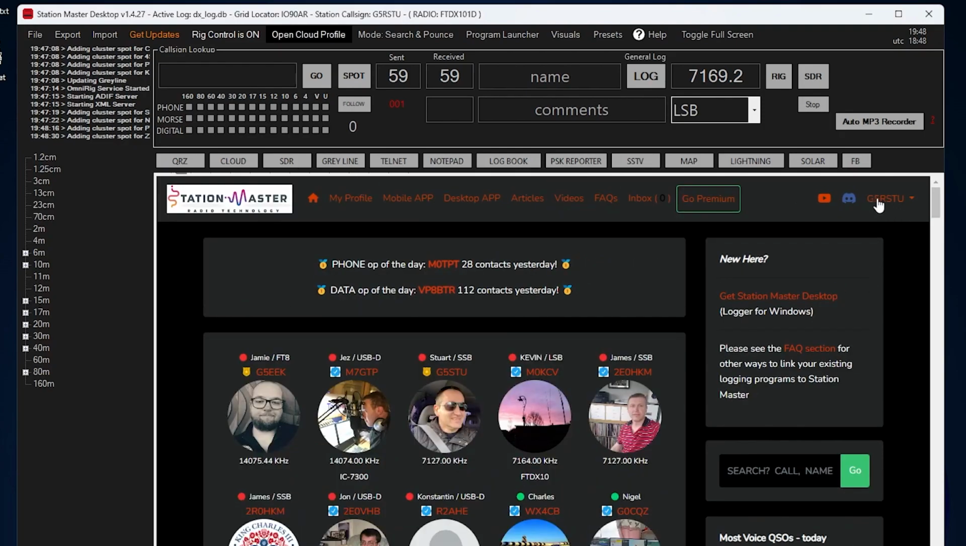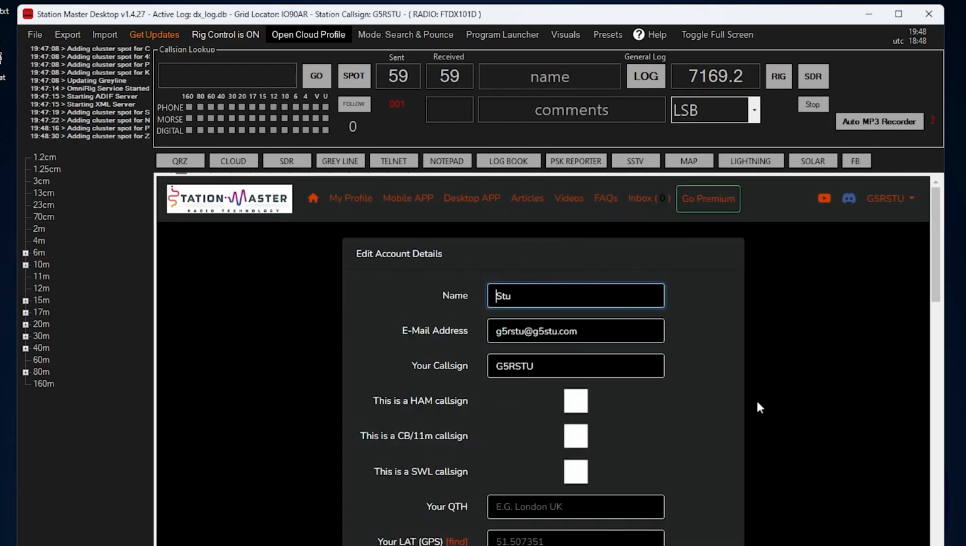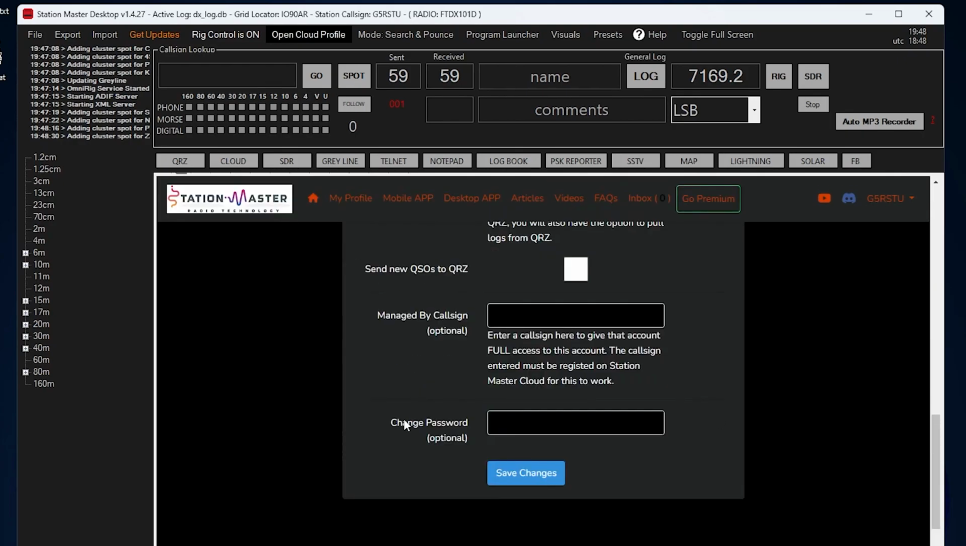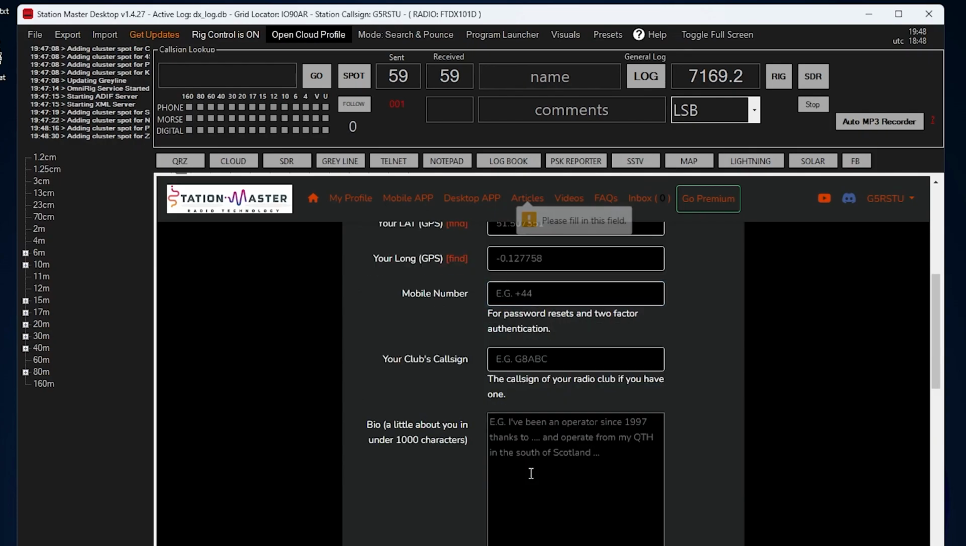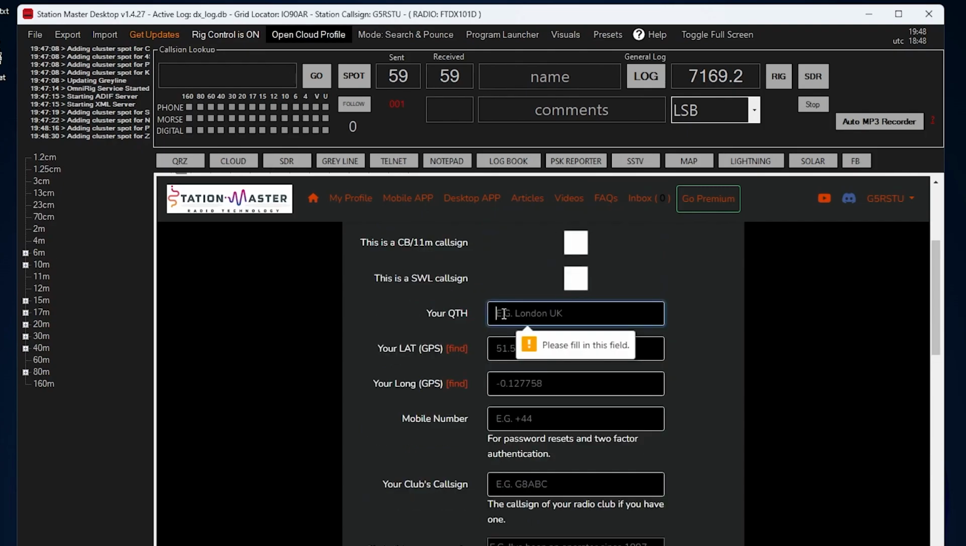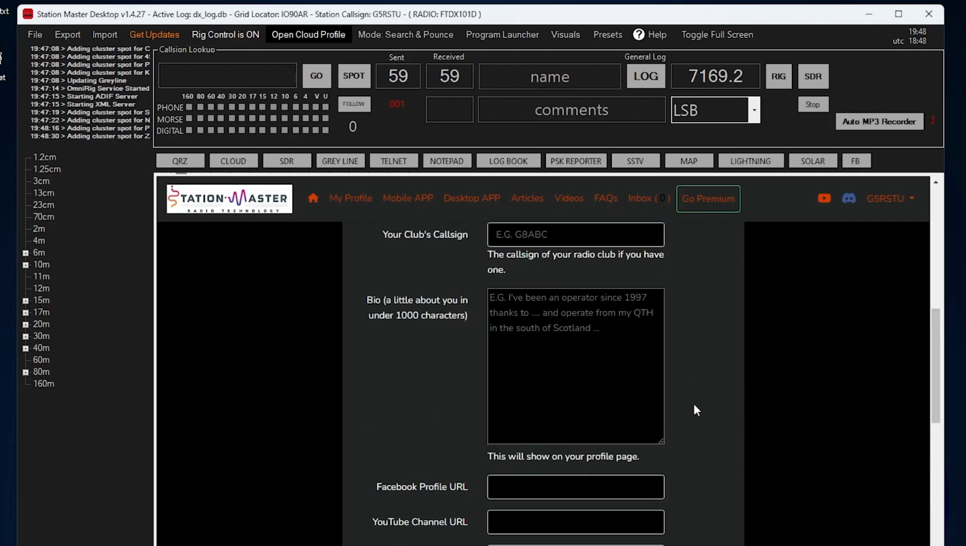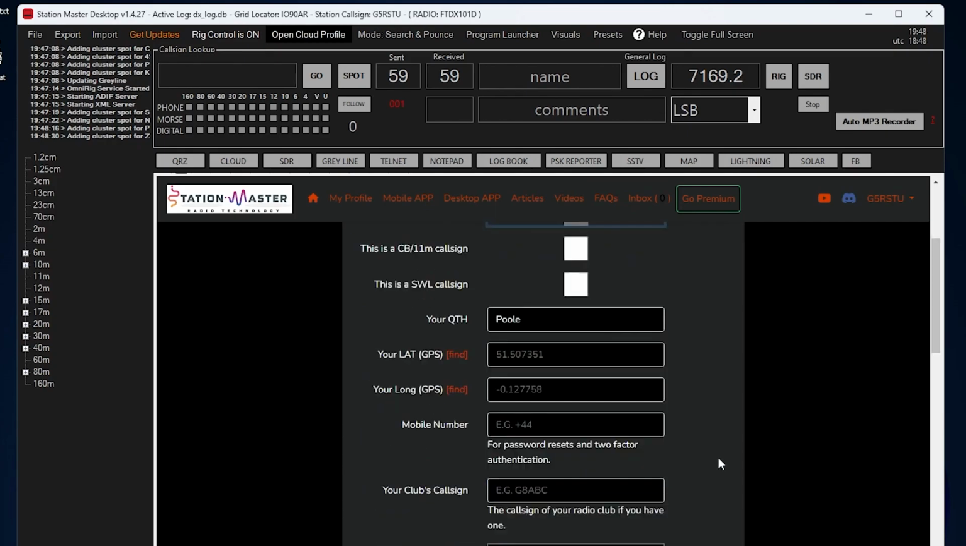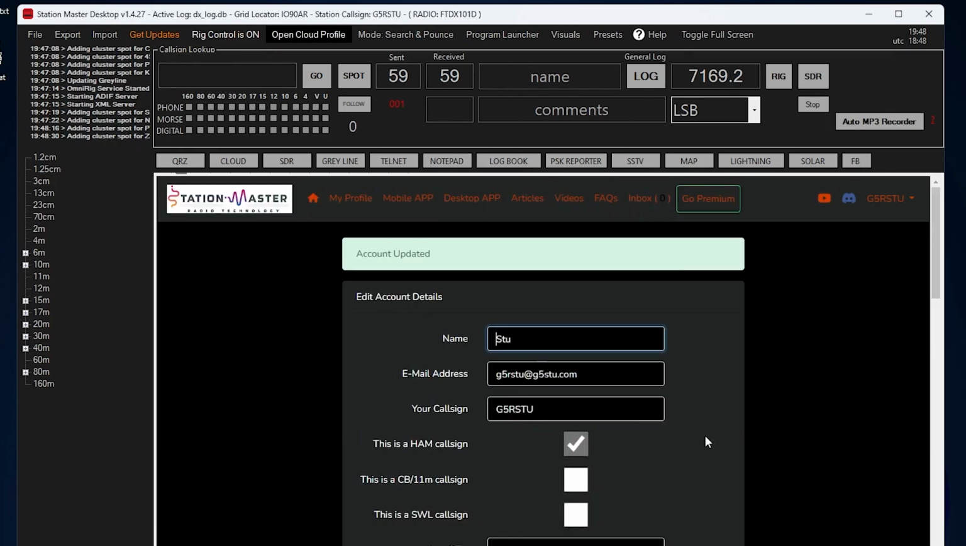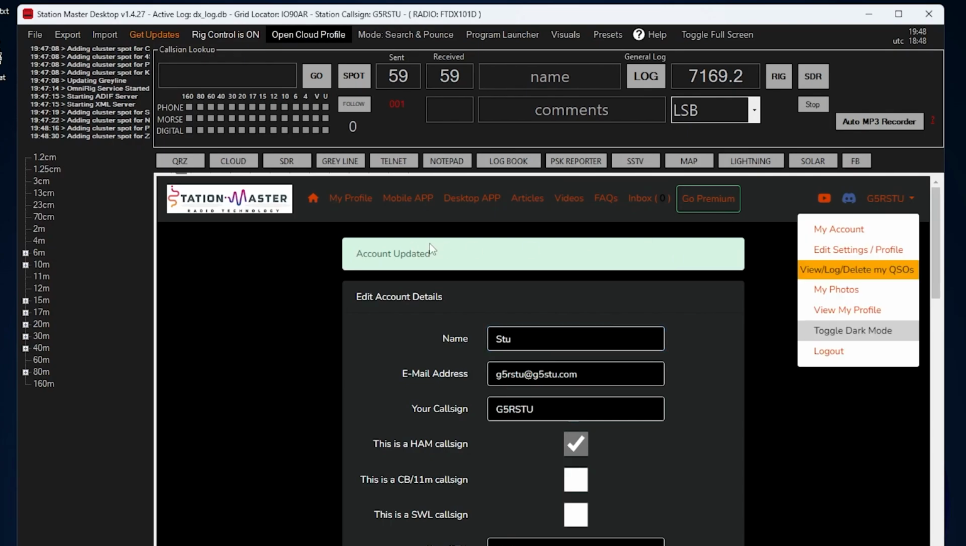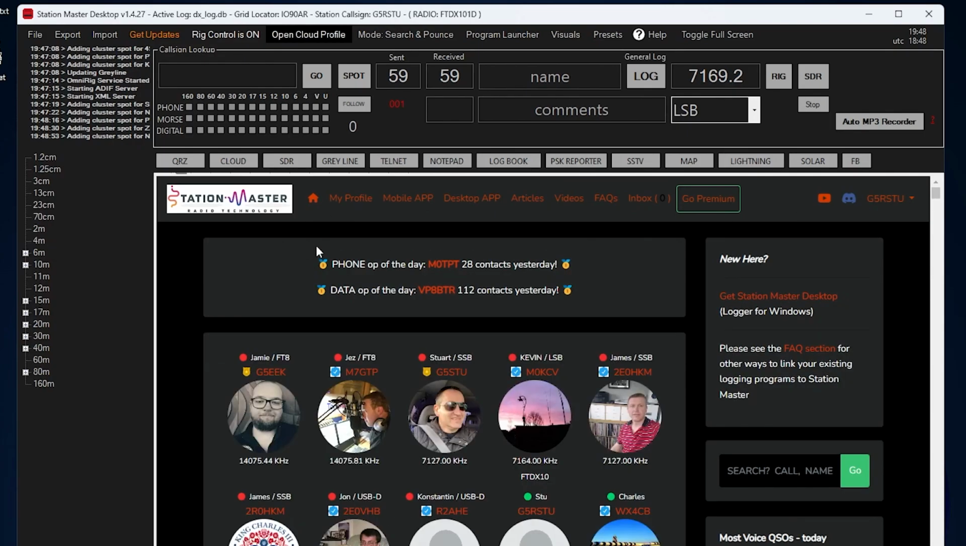We're now logged into this account, but if I go to settings, at the bottom, I can tell it that this call sign is managed by G5STU, my main account. Click save. It wants to know my QTH, so tick that box again. There we go. Now if I go up here and switch back to my main account,